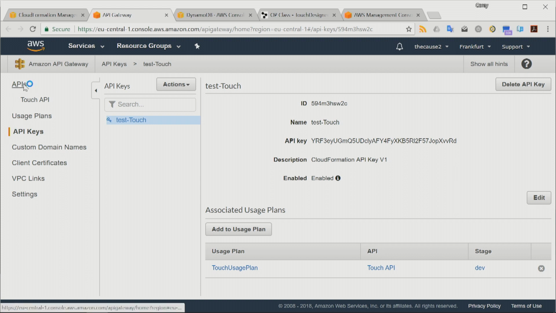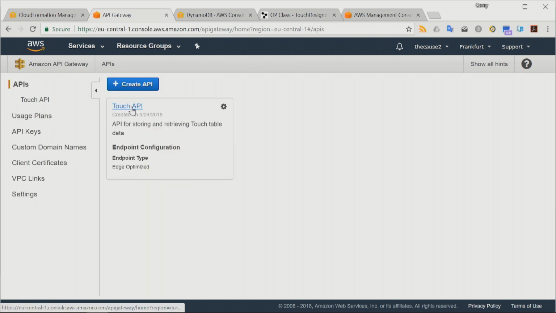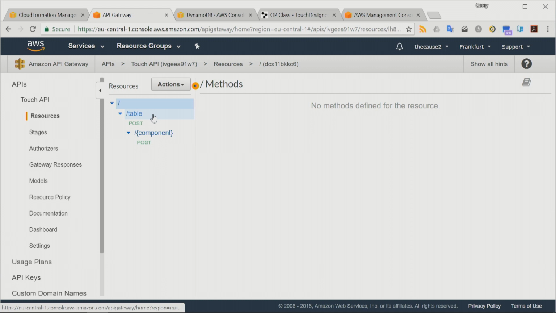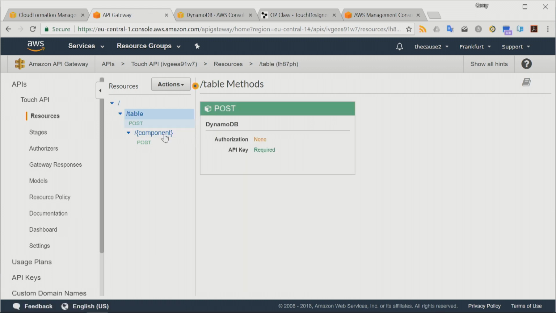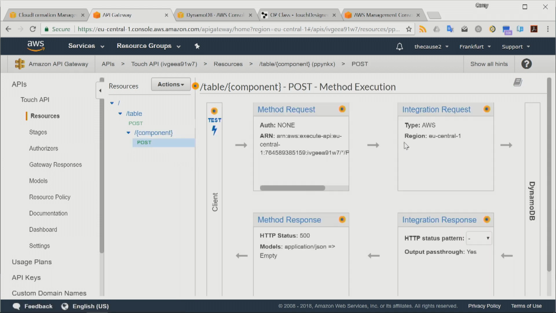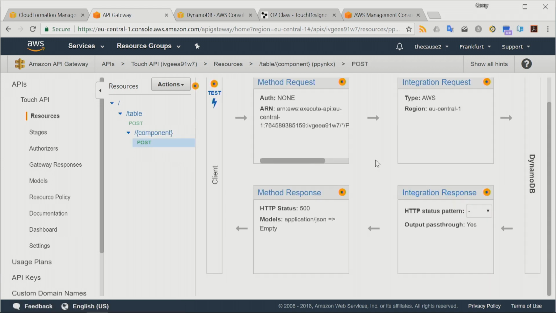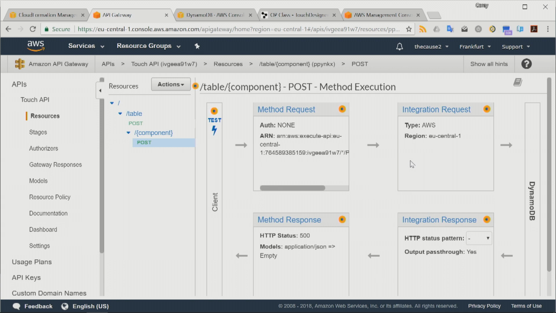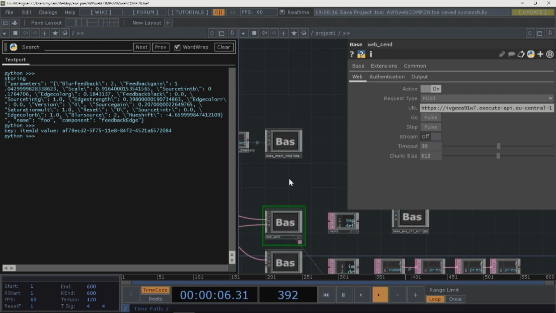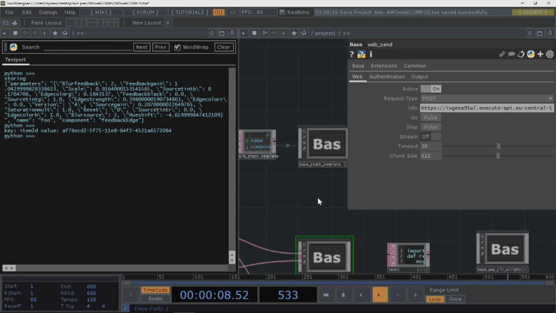The API gateway is this big, complicated web GUI that you have to learn how to use to make your API do what you want and to handle the data the way you want. But if anyone's interested in this, I've done something to make that a lot easier, so you don't have to go through and follow a tutorial to click and set up all of these components to work the way that you want. What you can do is use this template